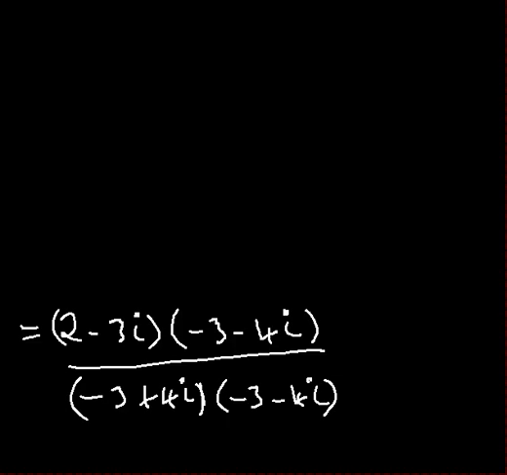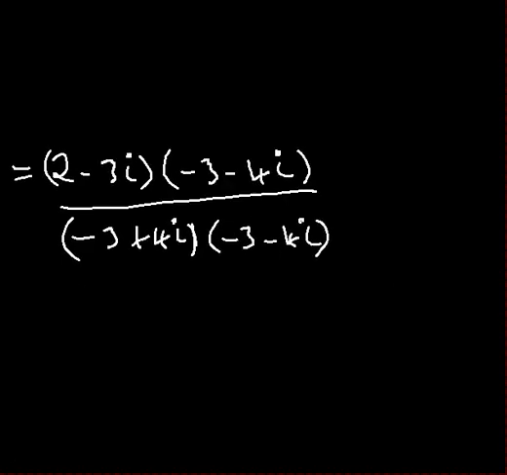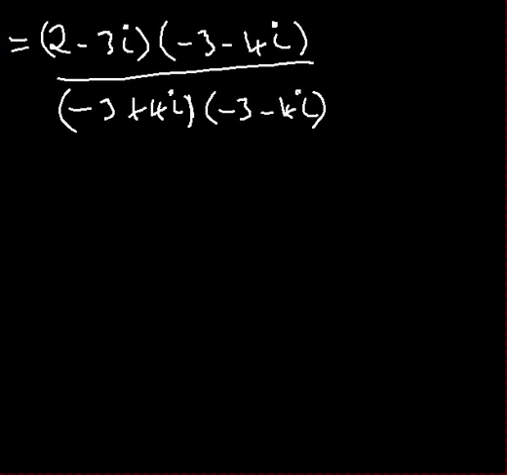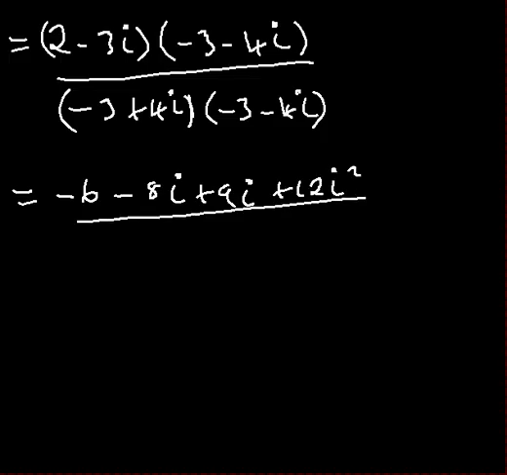And according to what we have recently discussed on the multiplication of complex numbers, we should have 2 times negative 3, that is negative 6, and negative 8i, and positive 9i, and a 12i squared. The denominator is 9, and we should have positive 12i, and also negative 12i, and thus negative 16i